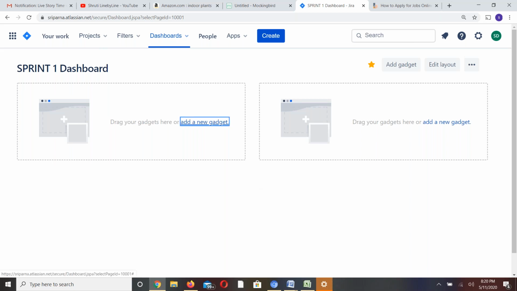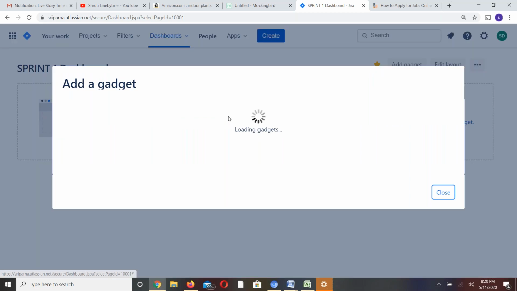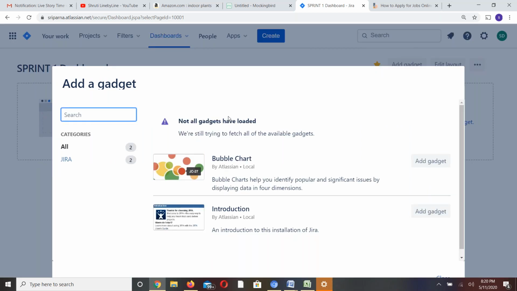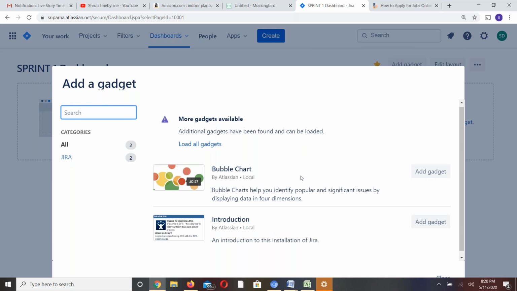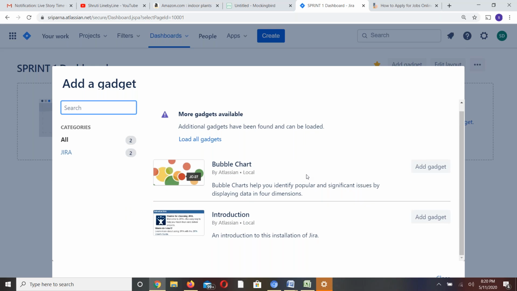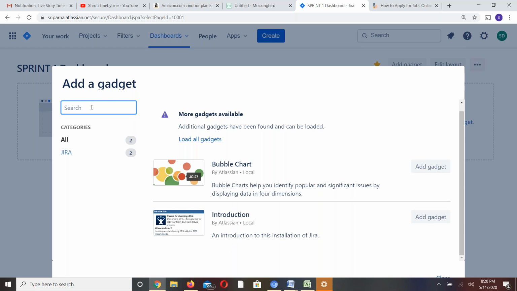Under the dashboard, you can create different views, and add a new gadget. Basically, you want to have a different view of the system: bubble chart, pie chart, whatever. Okay, I don't think all the charts are available right now in this trial version.